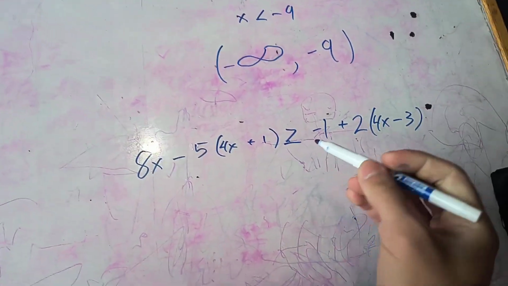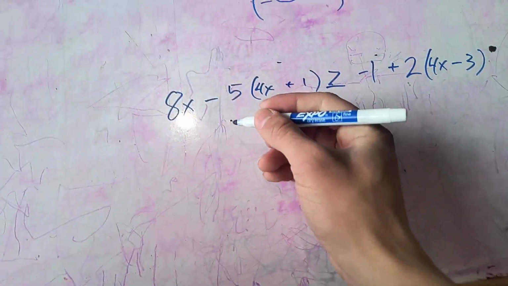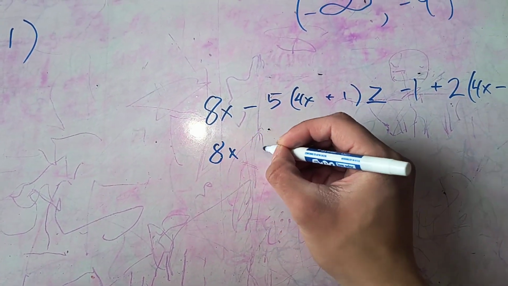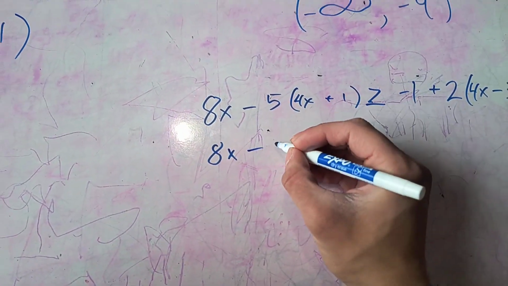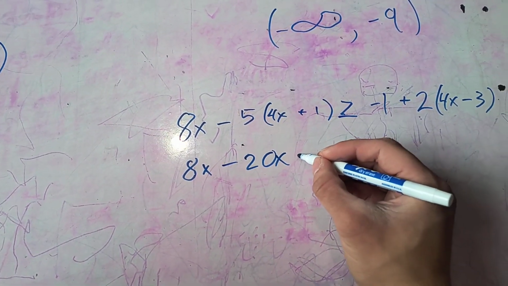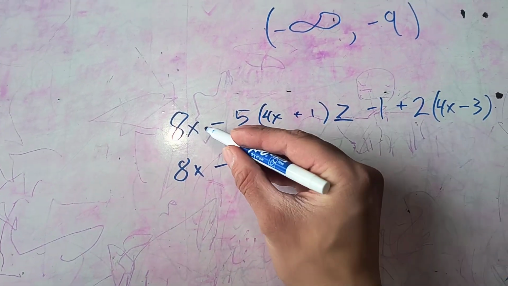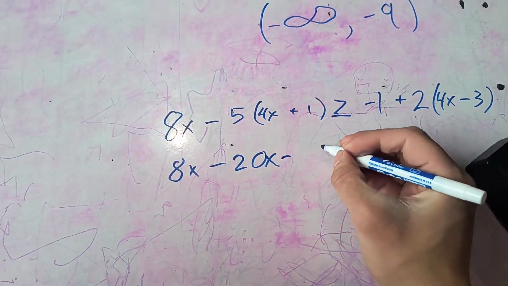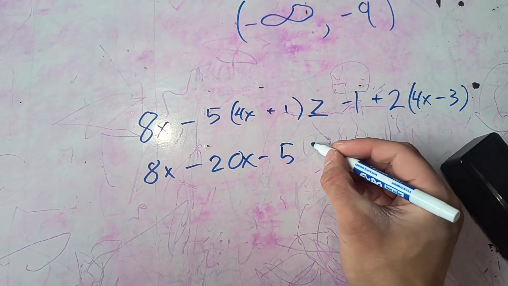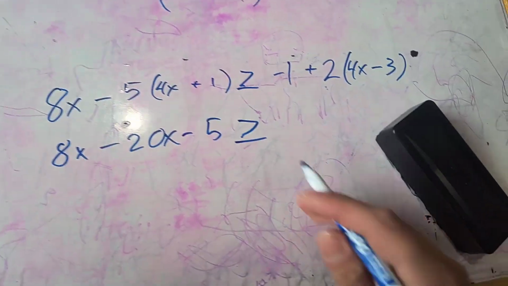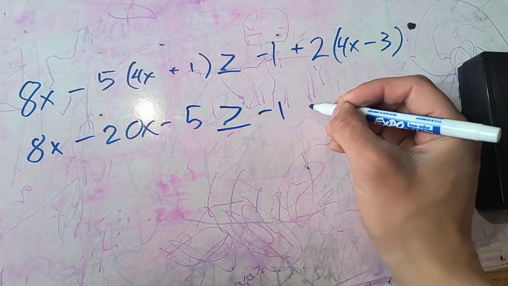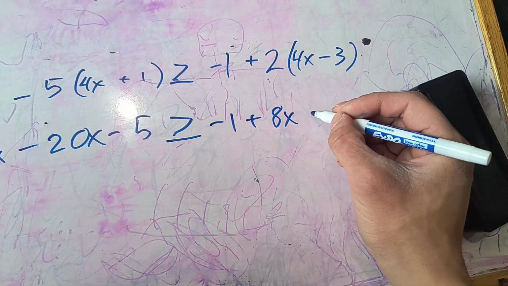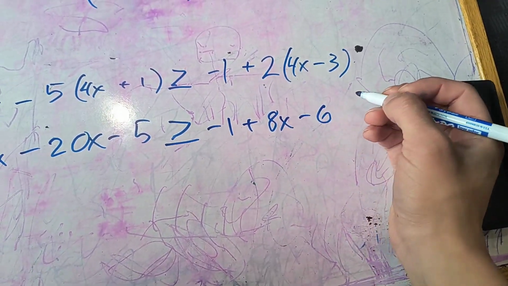Now what about this one? First, let's redistribute these numbers. We have 8x minus 5 times 4x is 20x plus, negative 5 times 1 is negative 5 is greater than or equal to negative 1 plus 8x